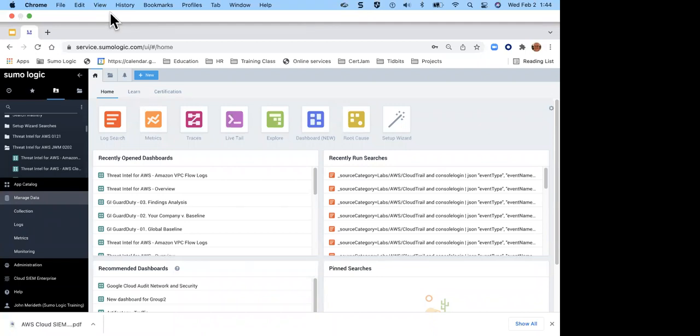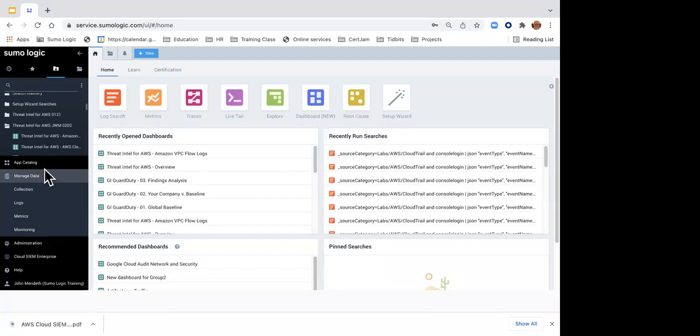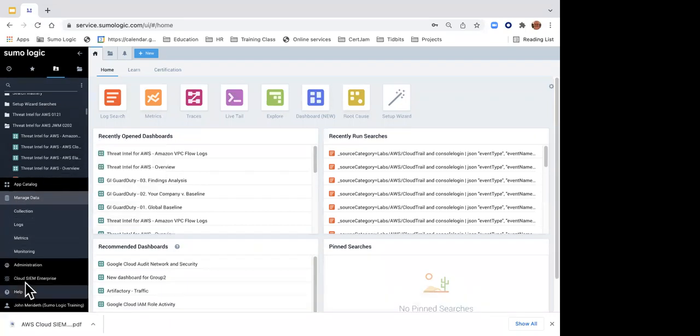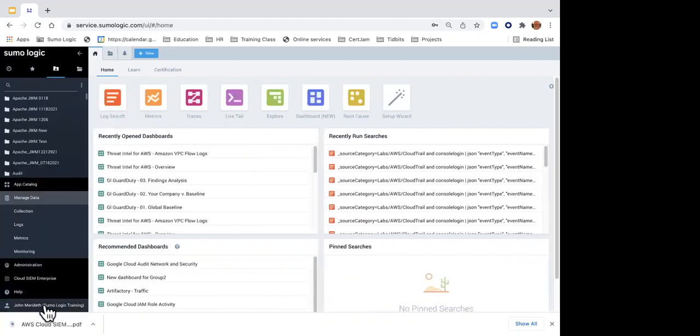Now, what we're going to do next is we're going to talk about Cloud SIEM Advanced powered by AWS. And to do Cloud SIEM Advanced, you're going to, of course, log into this training environment. Hopefully, you're still logged in, but if not, please log back in. And here under the main menu, so again, open up the navigation panel if you need to, you'll see something called Cloud SIEM Enterprise.